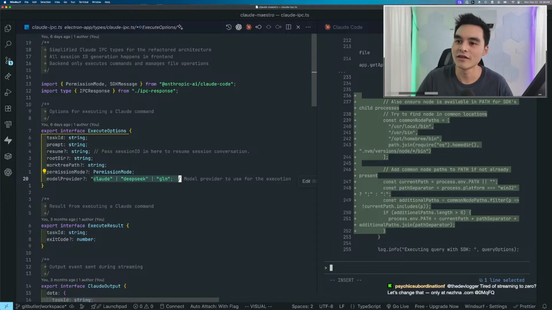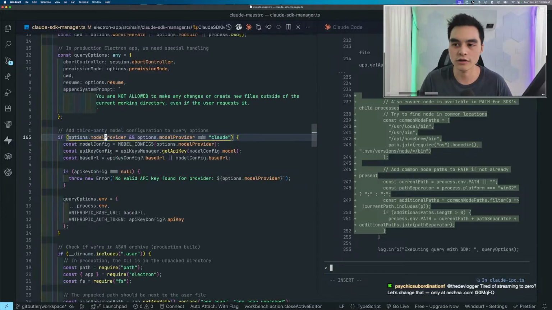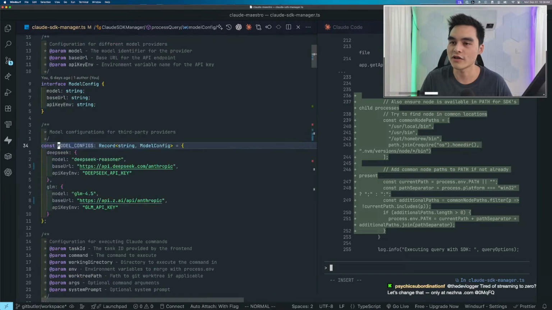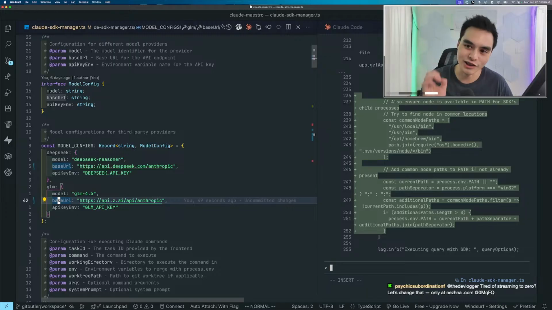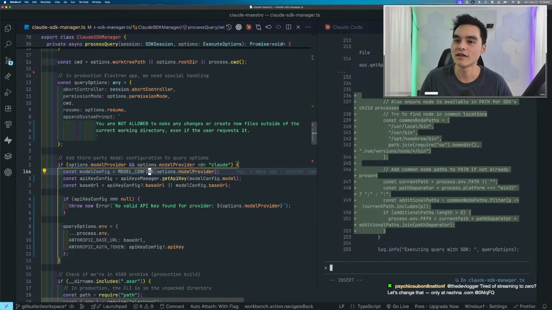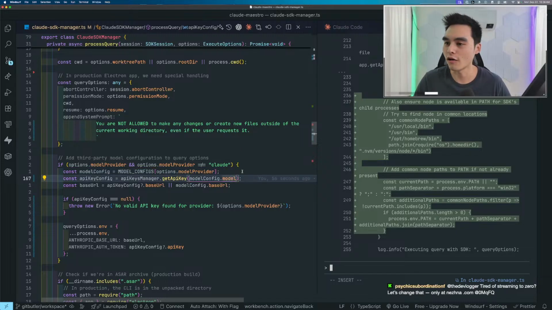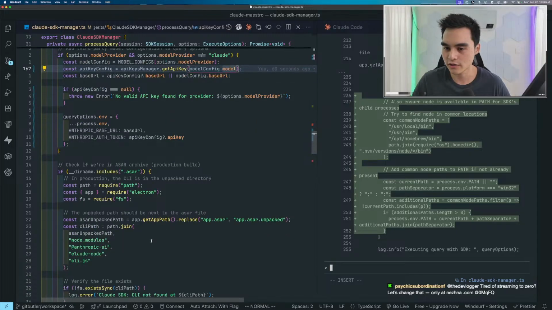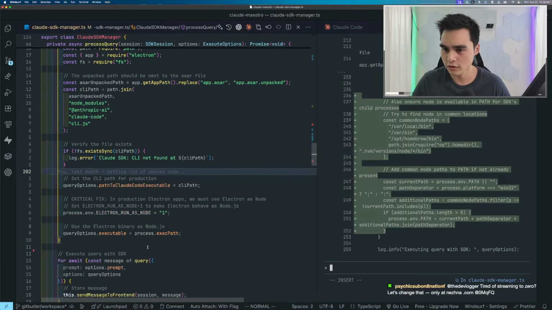And then I also have this model config here. Extremely confusing, to say the least. Not what I want at all. I'm going to have to refactor that in just a moment, but for now,